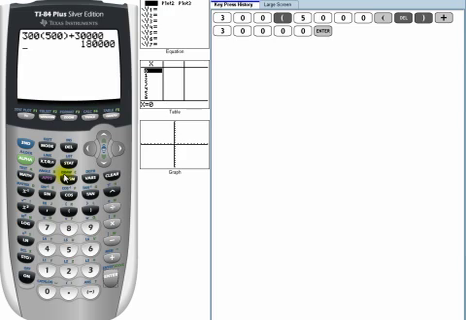C representing cost. In order to be able to do that, simply go down to the store button. It's located above the on button. It will automatically assume I'm wanting to store the answer, which I am, and I want to store it to the C button. In order to use letters as storage variables, you must select the green button alpha, followed by